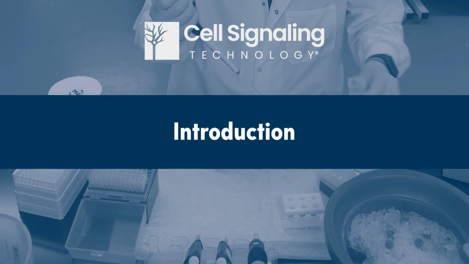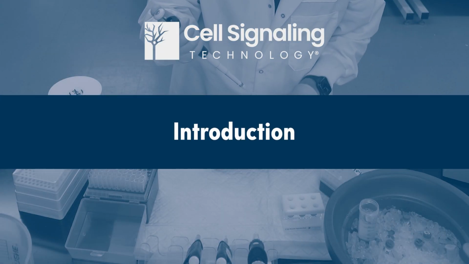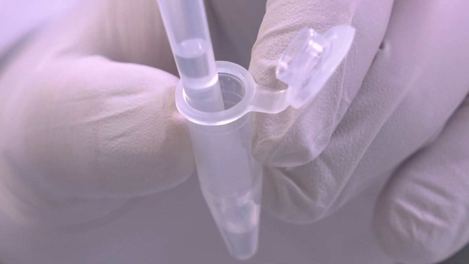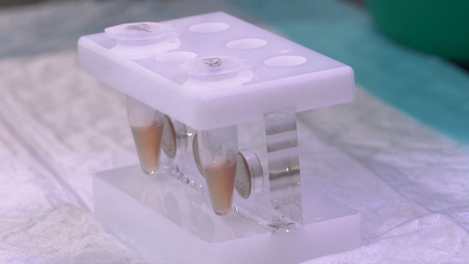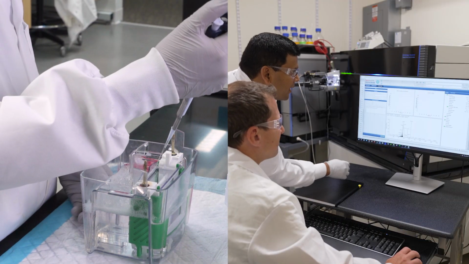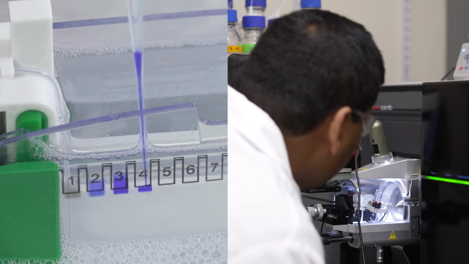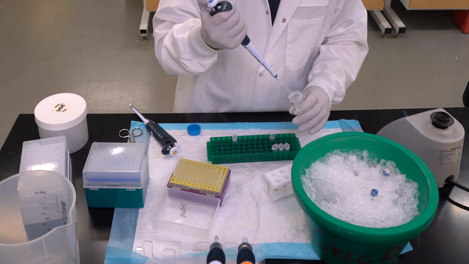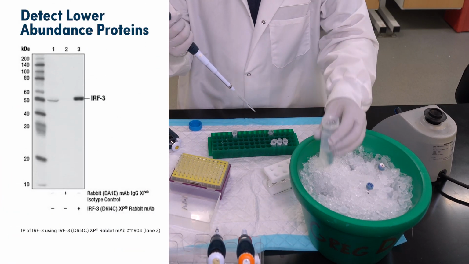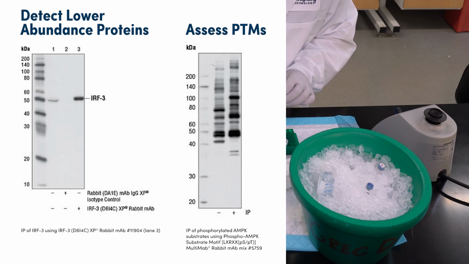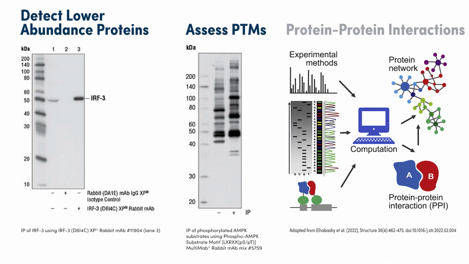Immunoprecipitation assays use antibodies and solid substrates to specifically enrich and purify peptides, proteins, or protein complexes from biological samples, usually cell line or tissue lysates. Following immunoprecipitation, Western blot, mass spectrometry, or other techniques may be employed to analyze the peptides, protein, or proteins of interest. Immunoprecipitation experiments can be used to detect and quantify the presence of lower abundance proteins, assess changes in protein post-translational modifications such as phosphorylation, or elucidate protein-protein interactions, among other experimental aims.